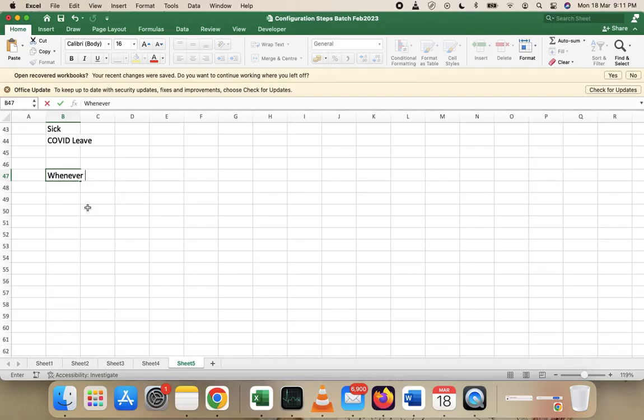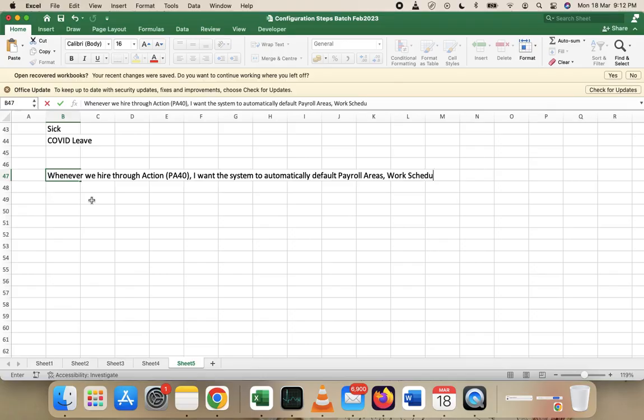Whenever we hire through action PA40, I want the system to automatically default payroll areas, work schedules, number range,